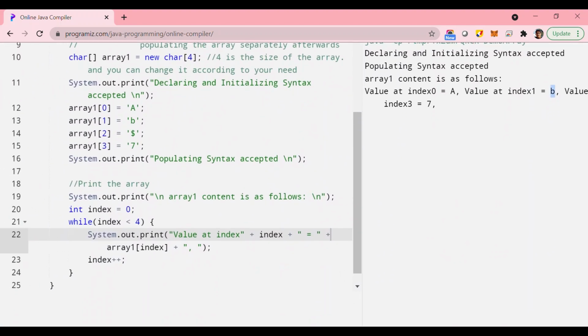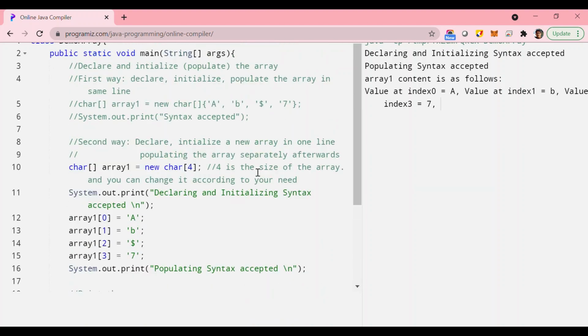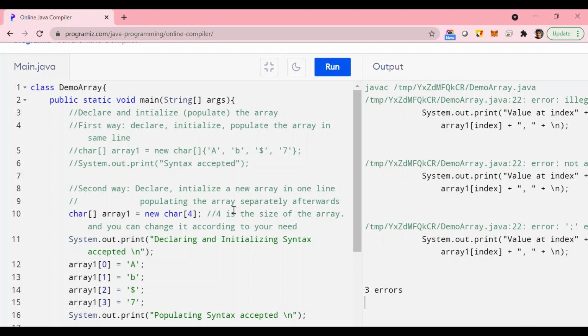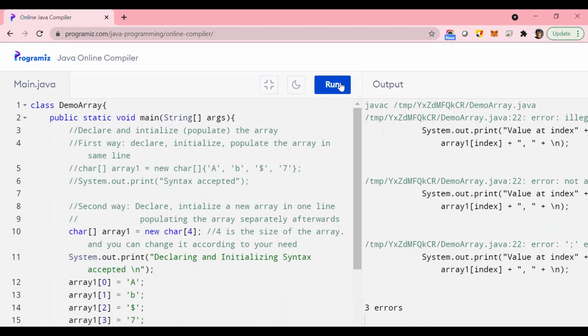And if you want to print each element in a new line, just add another new line character like this. So in here, after every line, if I want to print a new line, you can just run this program, and well, there is an error because a new line character you have to enclose inside double quotes. And here, if I just run it,